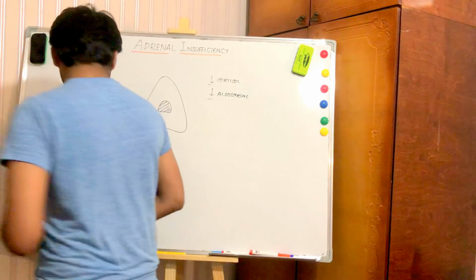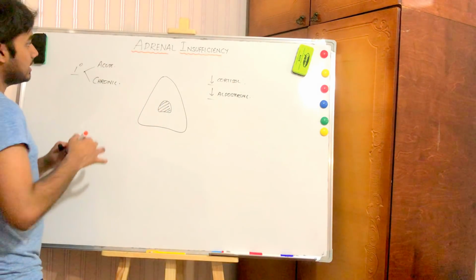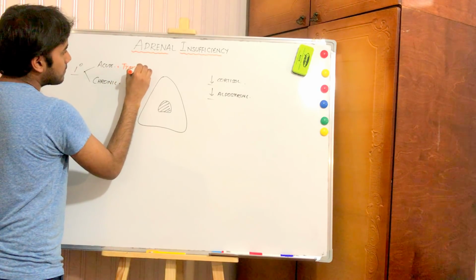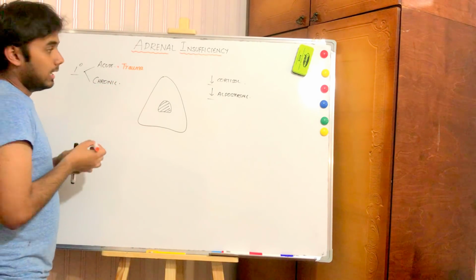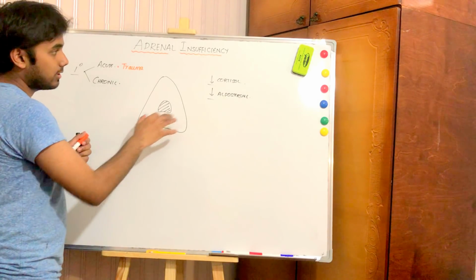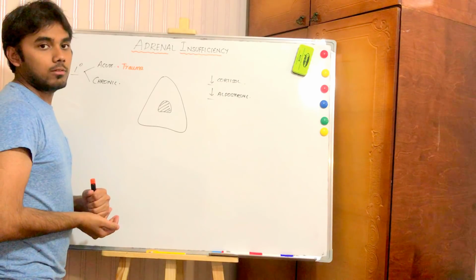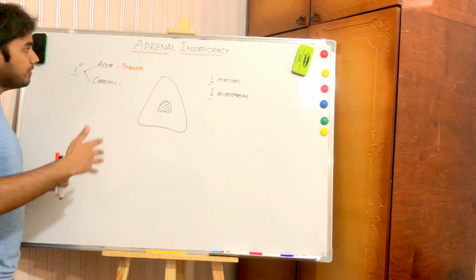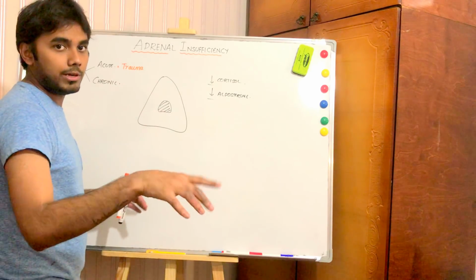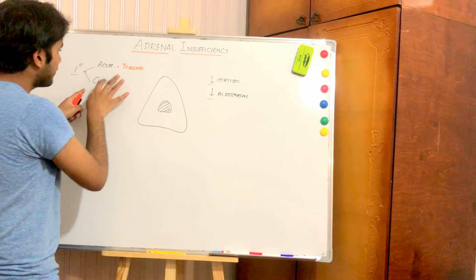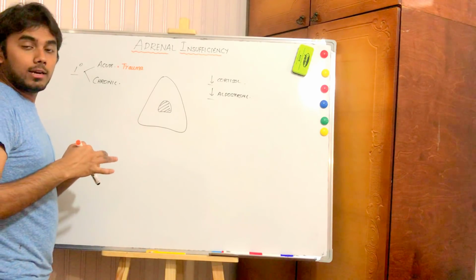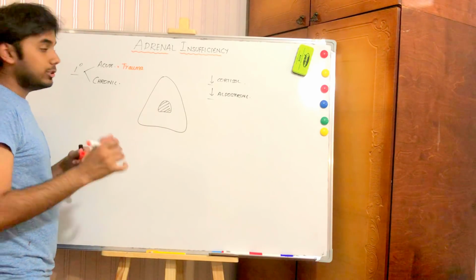So acute primary adrenal insufficiency results due to trauma, right? As a result of the trauma there will be decreased cortisol as well as aldosterone levels. Now how to differentiate between all of this in the labs, I'll be explaining in a bit. So before that, just remember that acute is due to trauma, and chronic adrenal insufficiency is due to